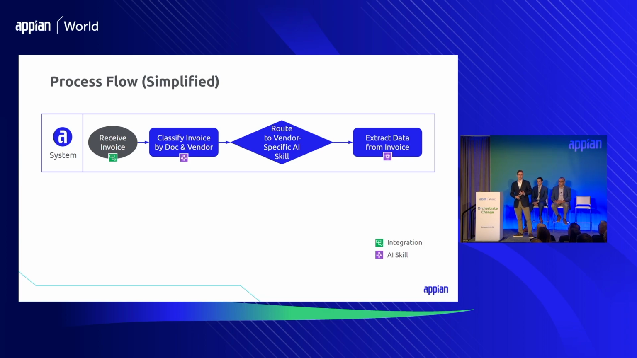Those priority vendors are identified as such based on the volume of business that they're doing with Sentry. They may offer greater discounts for paying early. Maybe they have a strategic relationship. In any case, we want to make sure that they get processed quickly and accurately. And so if they did come from one of those priority vendors, they get routed to an AI skill that